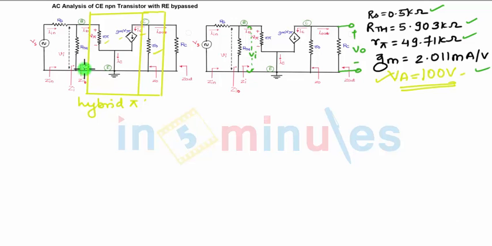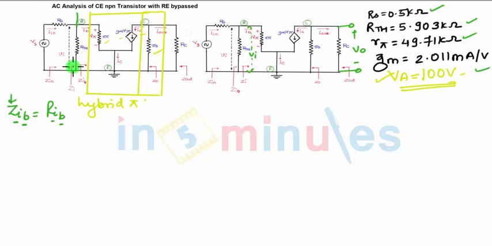Now when you look at the diagram, ZIB is nothing but the input resistance seen from the base, and Z is the total impedance. You can write it as RIB, then also it is fine. Total input resistance seen from the base. This is your base, emitter and collector. So total resistance seen from this point excluding RTH is RIB, right?